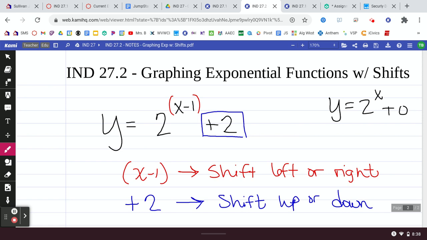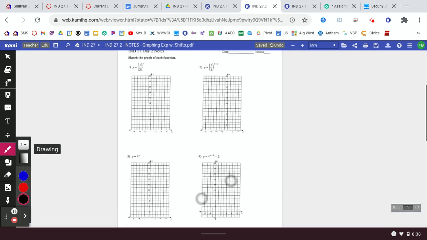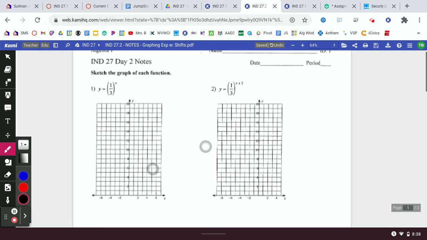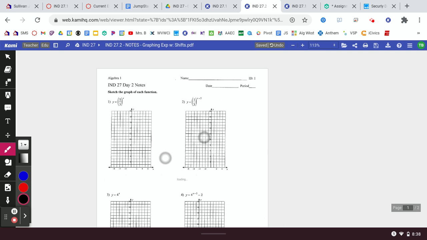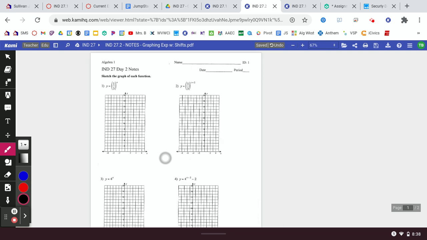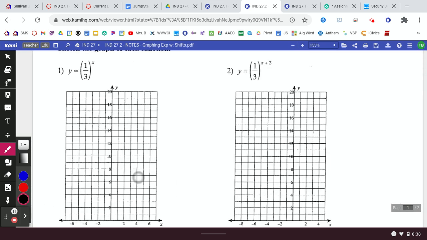All right, so I think as far as just basic setup, that's really all that you need to know as far as the shifts. We'll just do a couple of examples now. So if you flip your paper over, and for those of you at home, I'm sorry you don't have a paper, you just have to draw these out on your paper. We are going to skip number 1 and number 3 because they're simply a review from yesterday, and I don't think that we need to take the time to do that, okay? If you have a question about those and you want to come see me, you don't have to do them. This is not part of your assignment, so just put an X over number 1 and number 3. We're going to move right to number 2